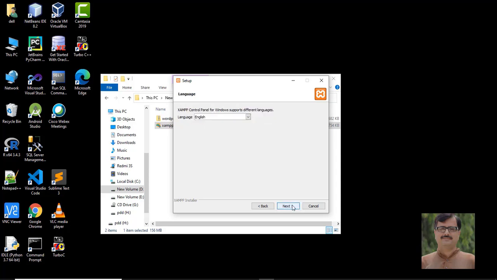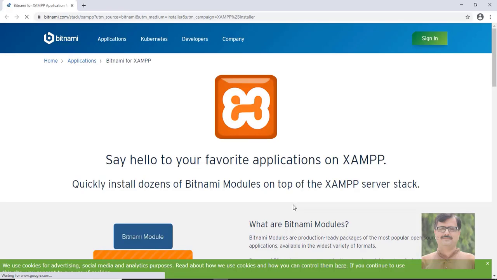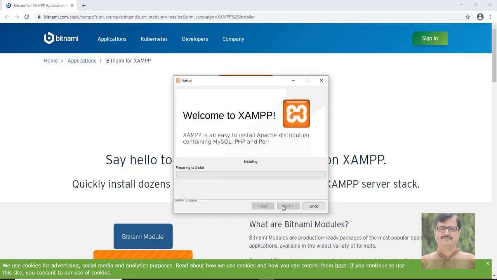Actually it requires a web server. For running a website we require web server hosting, and then we can run our website on the internet. But right now we are installing the server in our PC, so this server will run our website locally in our computer. So that is the same thing. Instead of running on the server, we are running our website on this computer. So let's check. Next,